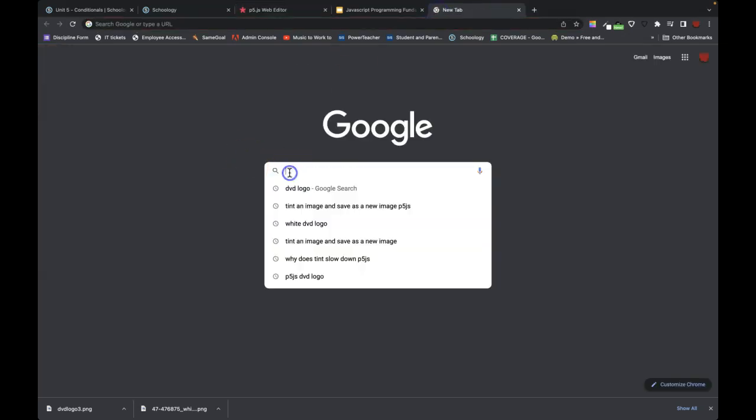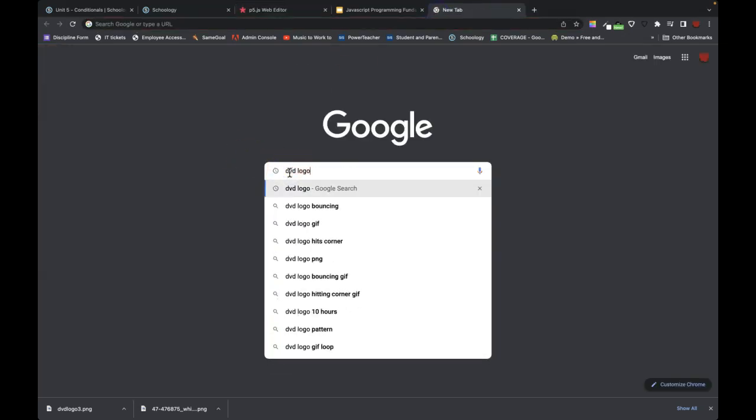Okay, so let's look at the DVD logo, the bouncing DVD logo. I mean, we've seen this before. I'm sure you guys have seen this. There's a couple things that we could do from this though. So basically, we have an object, and we just think of it as this logo that is moving across the screen. Okay. There's a couple ways that we could do this that I've already played around with, but I